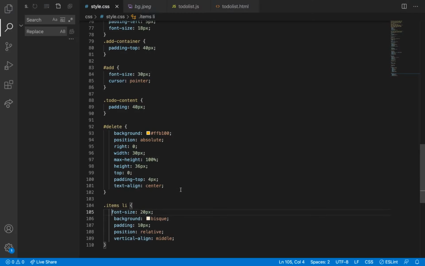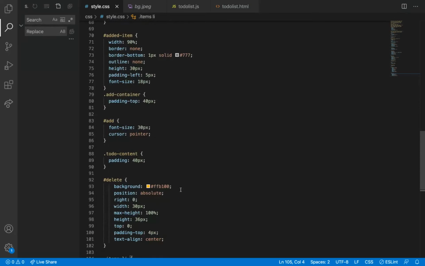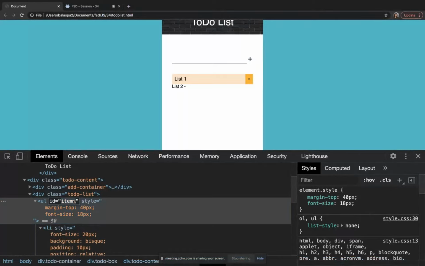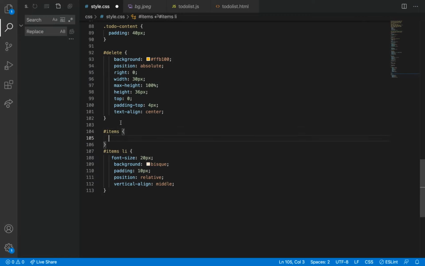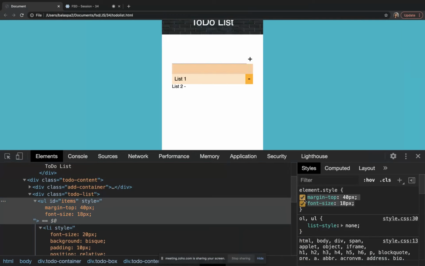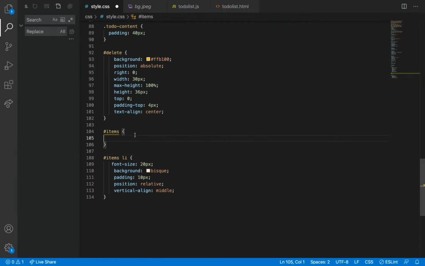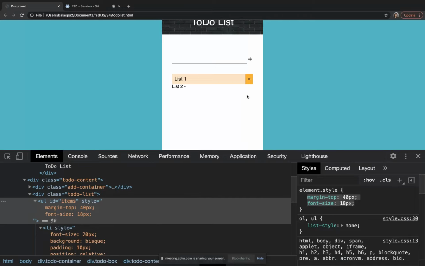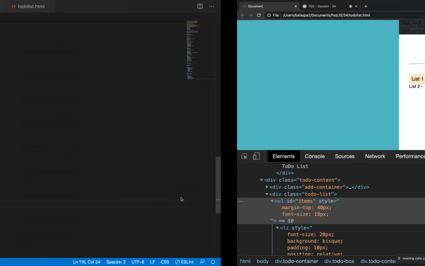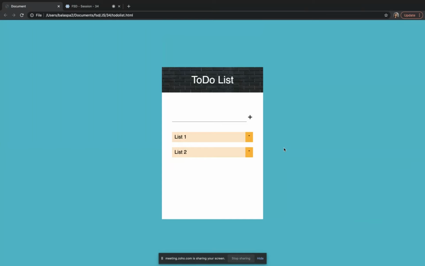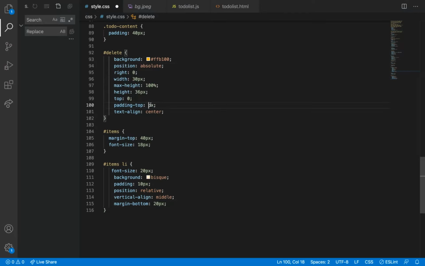Dot items margin top. I don't think I added. So okay, this is ID items, margin top and font size. And let me see. Okay, so I think the UI looks better. If I add a padding top, what is it doing?